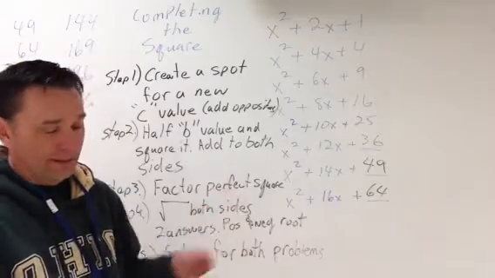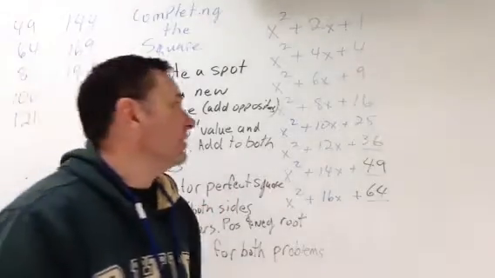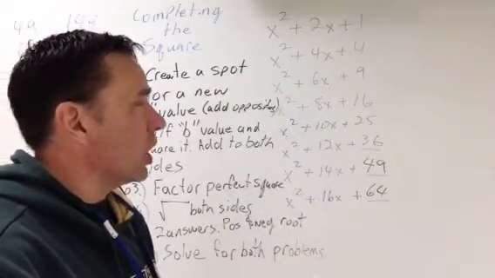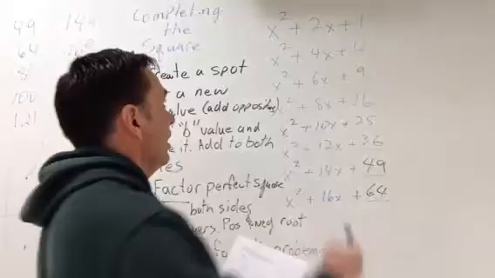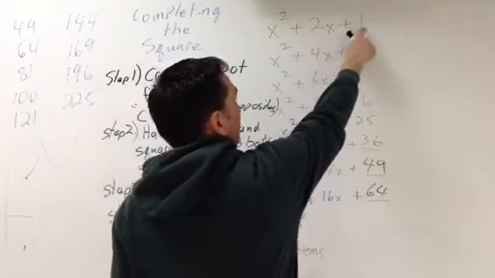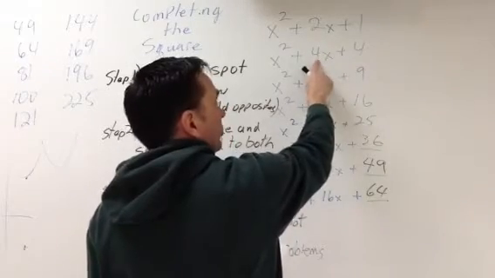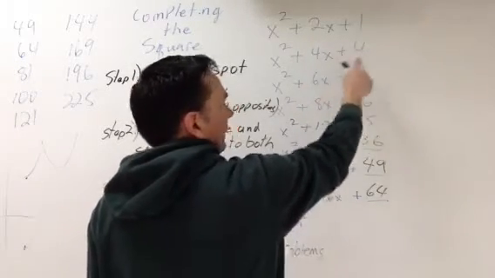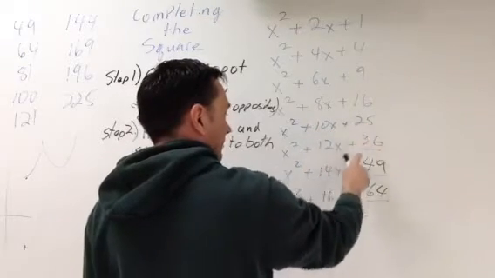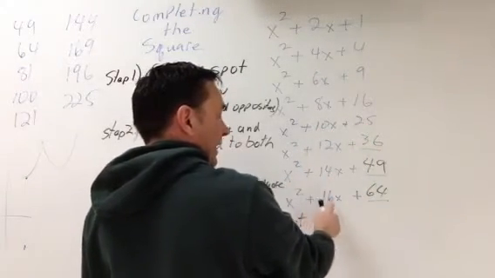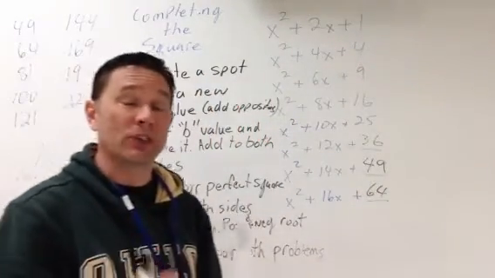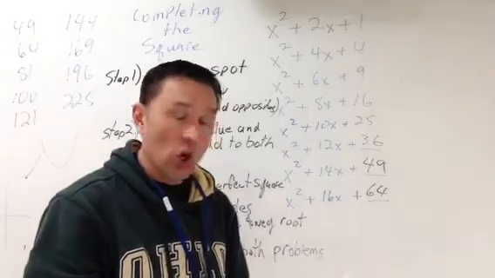Now, the reason why I listed these is because these are all perfect squares. We can factor all of these as perfect squares. If you notice, half of 2 is 1, 1 times 1 is 1. Half of 4 is 2, 2 times 2 is 4. We skip down. Half of 10 is 5, 5 squared is 25. Half of 16 is 8, 8 times 8 is 64. These are perfect squares, those special factor cases that we talked about earlier